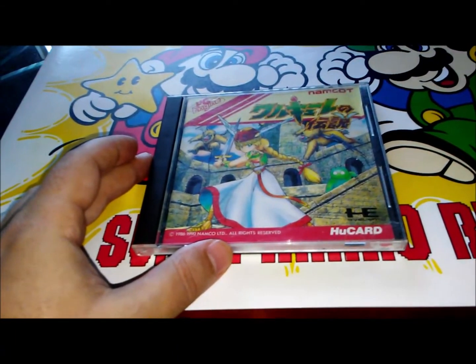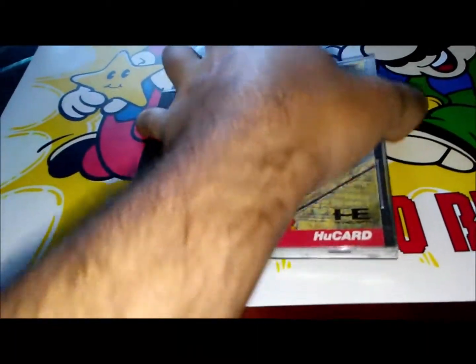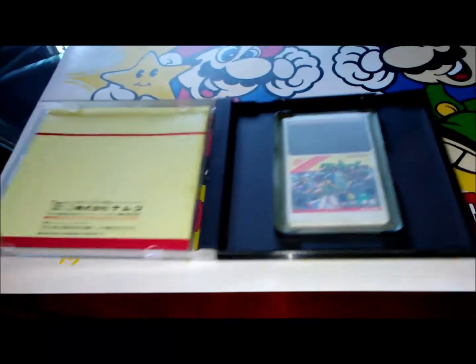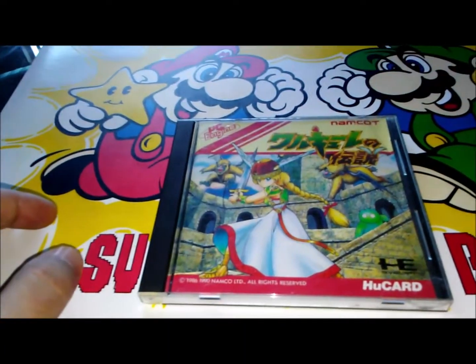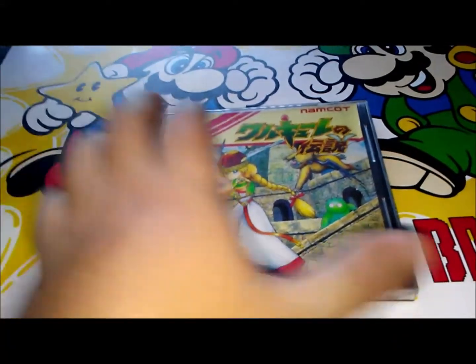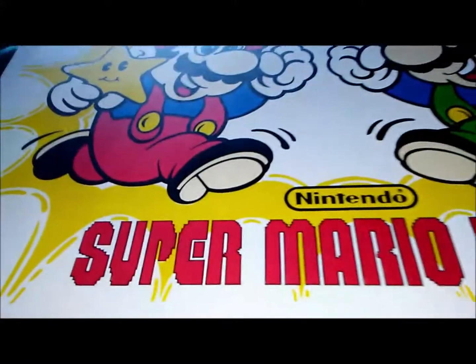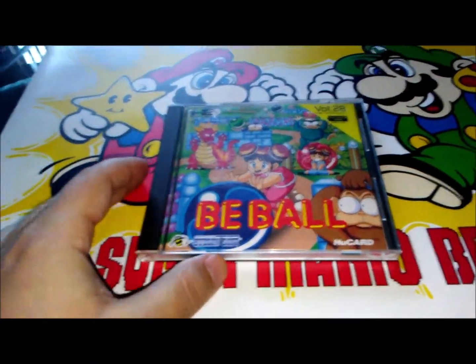Next game is Valkyrie no Densetsu. Another amazing game. Oh, this one actually has that little thing. Yeah, the sleeve. There's the game. Another awesome game, very colorful. You play as this female character, and it's kind of like a top-down again, platformer, action-adventure. Kind of feels like a shmup shooter as well. So, yeah, another great one. Valkyrie no Densetsu. This one is interesting. This one was also on the